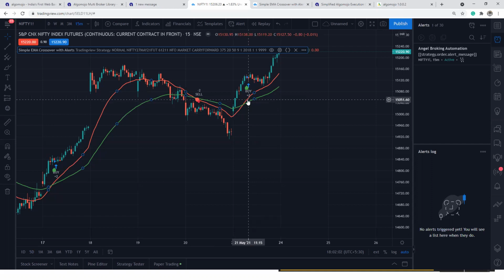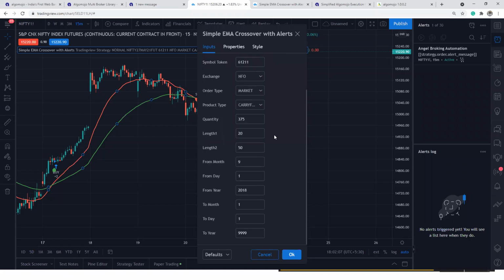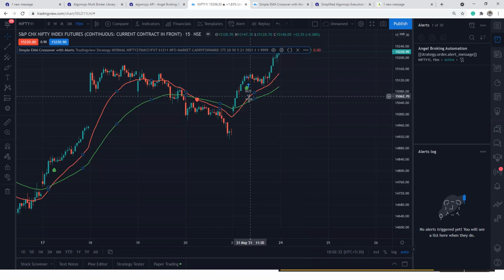So how can I control it? I can control it by using the backtesting controls. So here you can go and set the backtesting control as today's date. Let's say, assume that 21 is the day you're running the strategy, and the month is 5, May. 21 is the Friday's date. Assume that Friday morning you're coming and setting those values, 2021. You don't need to do anything about the 2 dates. So set the date. Now you can see that you get only the first signal as always only +1.